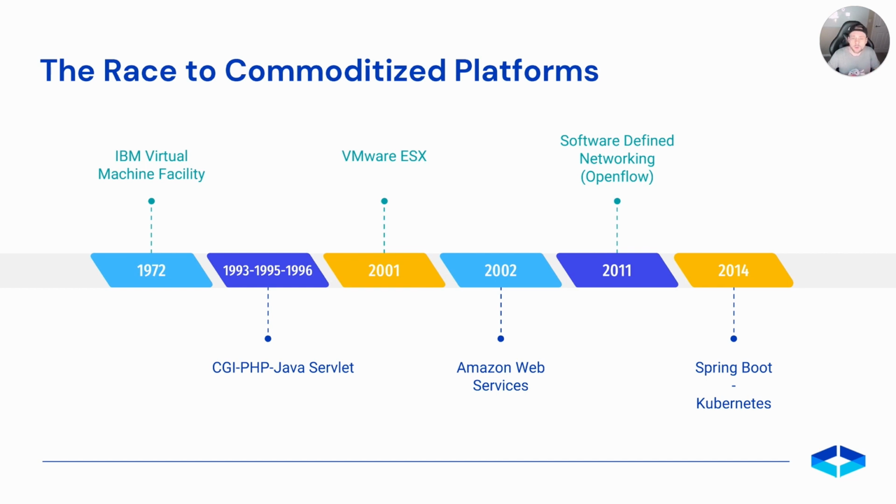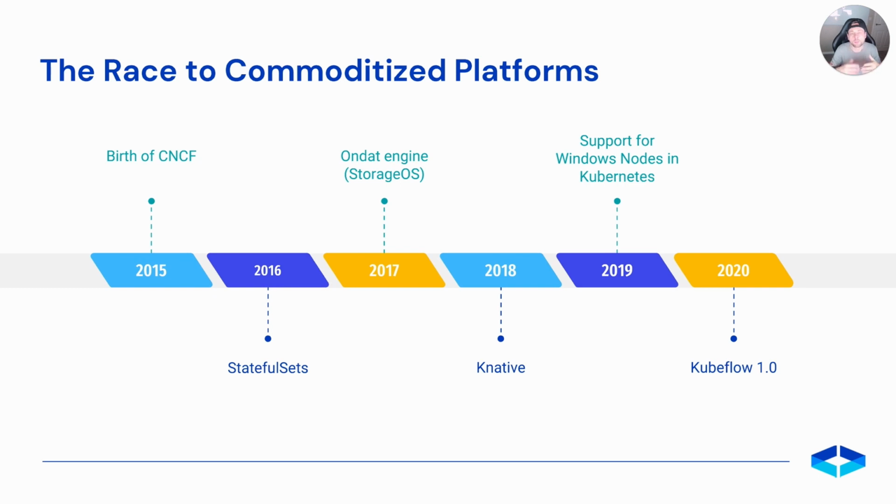Finally, Spring Boot brought us an opinionated framework to resolve many of the application dependencies, which ultimately helped the adoption of microservices and the DevOps philosophy, where immutability is one of the core components. But this was just the beginning. In anticipation of Kubernetes' success, Google and the Linux Foundation joined forces to form the CNCF, or Cloud Native Computing Foundation. And in 2016, we see an acknowledgement that there's a need for some sort of ability to run applications that require persistency as well as a stable identity.